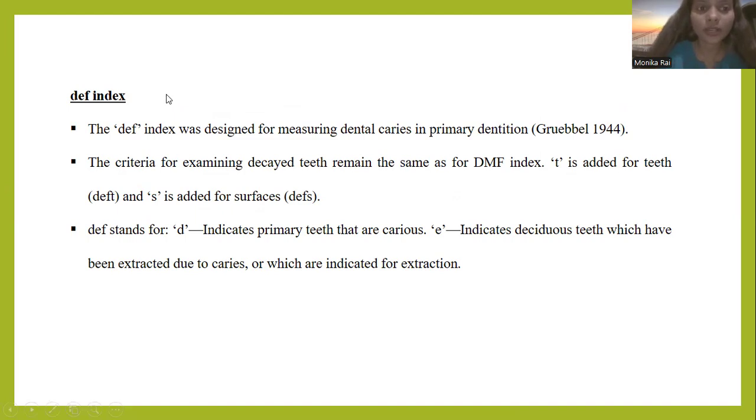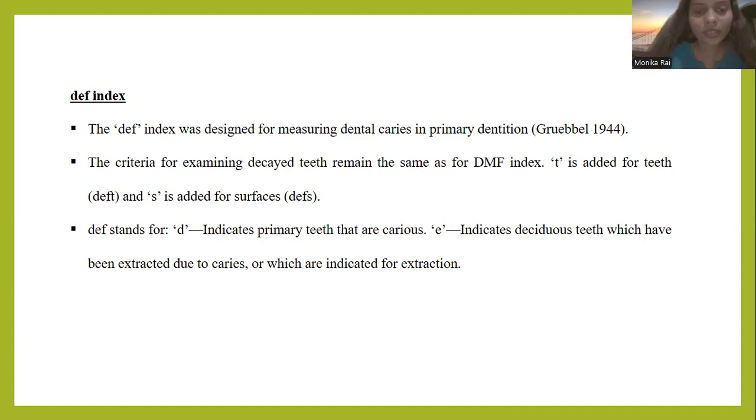नेक्स्ट इज DEF इंडेक्स। तो DEF इंडेक्स जैसे मैंने बताया था, जो भी अपर केस में होगा अगर डिकेड, मिसिंग, फिल्ड लिखा हुआ तो परमानेंट के लिए होगा। जो भी लोअर केस में हमारा लिखा हुआ होगा, DEF लिखा होगा या DMFT लिखा होगा, तो वो हमारा प्राइमरी डेंटिशन के लिए होगा। So it was designed for measuring dental caries in primary dentition, and it is given by Gruebbel in the year 1944. And the criteria for examining